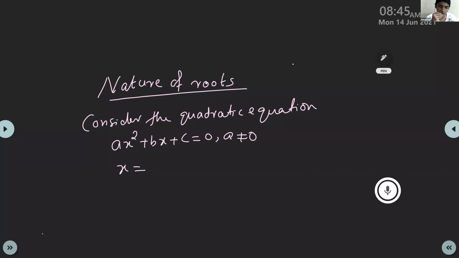X equal to minus b, very good. Minus b plus or minus square root of b square minus 4ac by 2a. X equal to. Raya, you don't know this formula? I knew. And then why you didn't say? And what about Justin? You also don't know? Justin, can you hear me? Yes, ma'am, I know. Then why you didn't say?